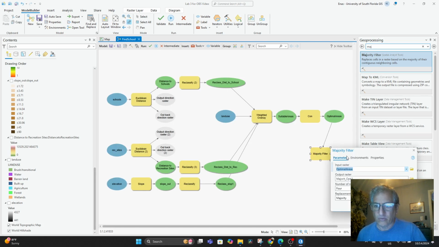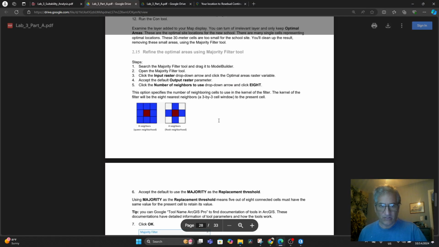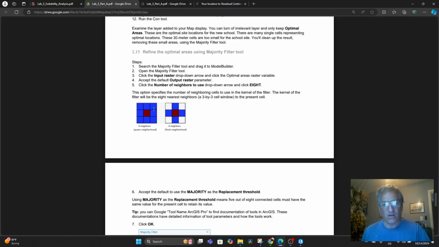And what we want to do in the majority filter is we want to say the number of neighbors to use is 8. And what that means is, looking here, 8 neighbors means it'll use all the neighbors going around here. And here's if there were 4 neighbors, so we want to use 8 neighbors